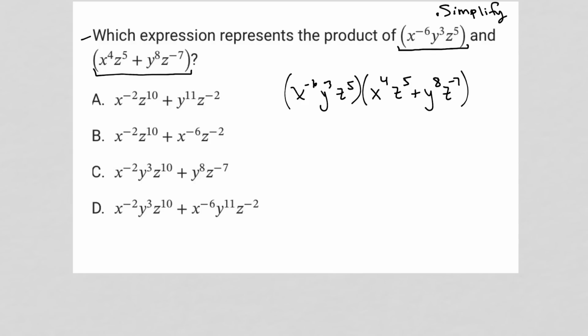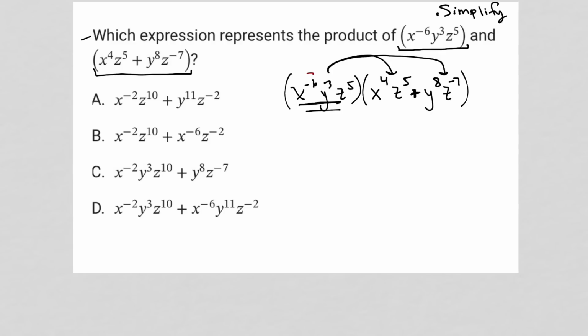Well, let's not lose track of the plus sign here in the second set of parentheses. So I'm taking all of this and multiplying by the first term in the second parentheses, and then taking all of that and multiplying by the second term in the second set of parentheses. So let's try it. So the first terms by each other,